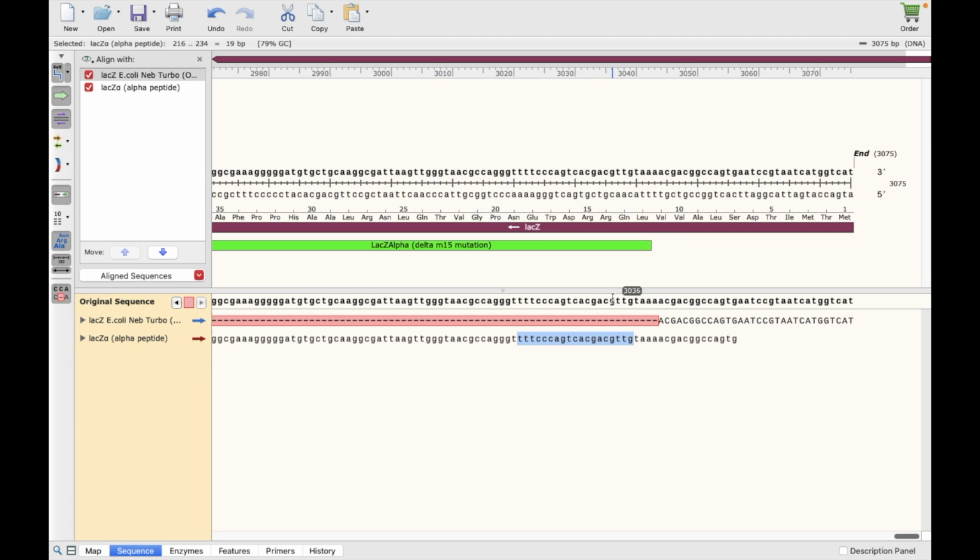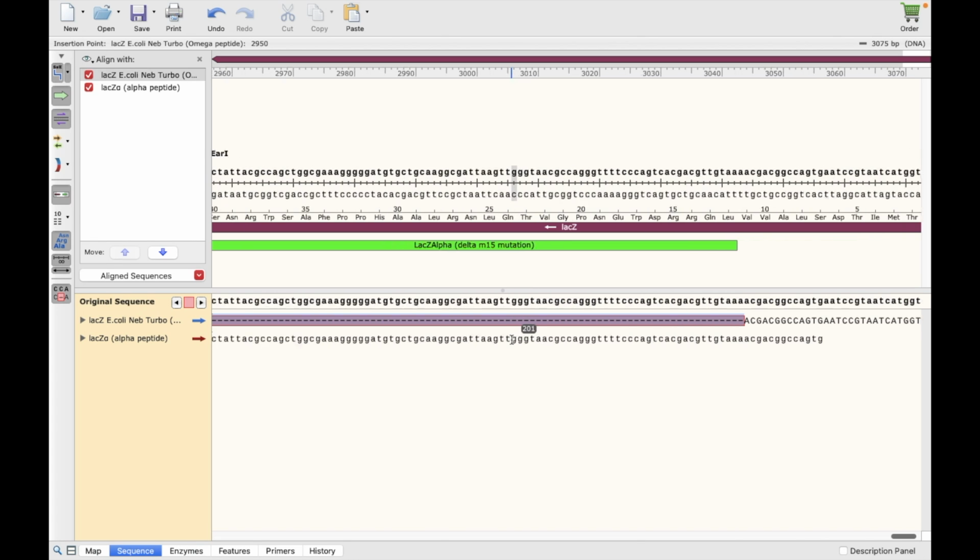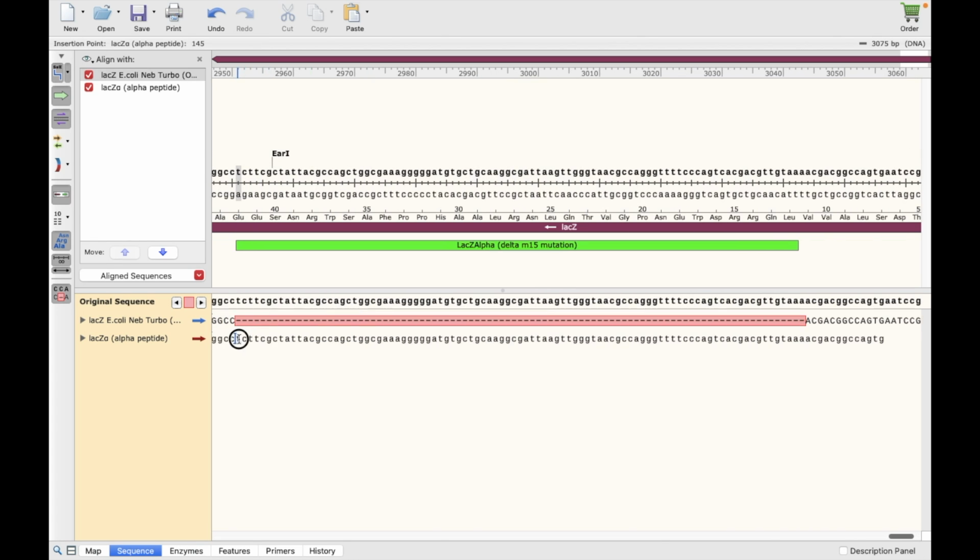So basically, this sequence right here will code for the entire LacZ protein. The sequence below that, with the mutation, will code for a truncated non-functional form of the LacZ protein, but as you can see here,